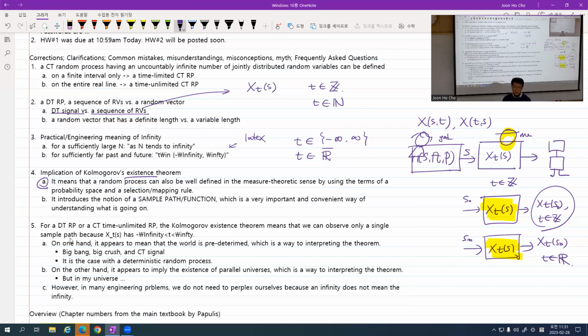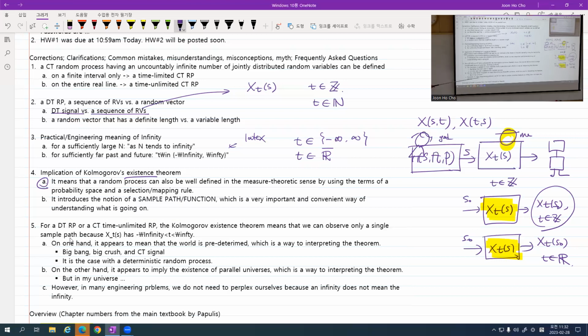For example, you model a continuous time random process. T ranges from negative infinity to positive infinity. Even though that means if you exactly follow this figure, if you live in this universe, you observe a single deterministic, already chosen signal. However, in some parallel universe, you may observe different sample paths. Okay, but I do not support that idea. I just believe that that is a mathematical convenience, not the real thing. But anyway, I'm not a physicist. So